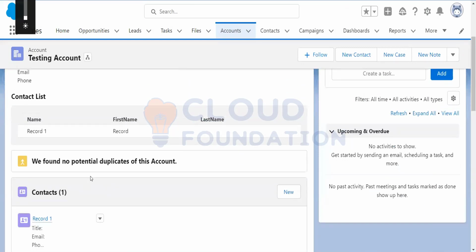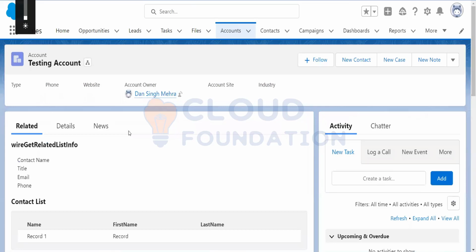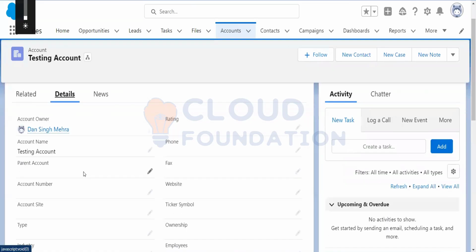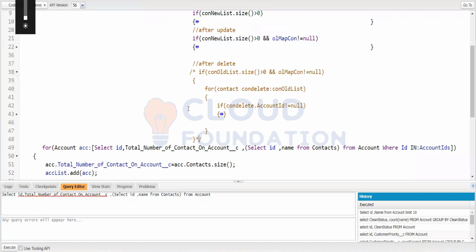See, only one account is there. If I go to my detail page, so what should be the count? Count should be 1. Okay. So basically, for after delete, what we will do,